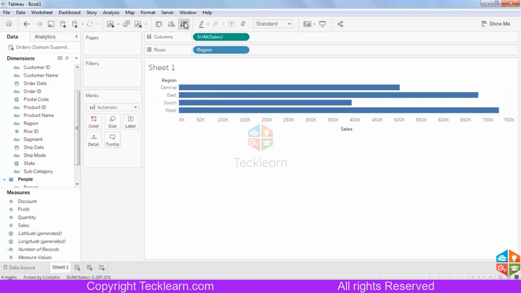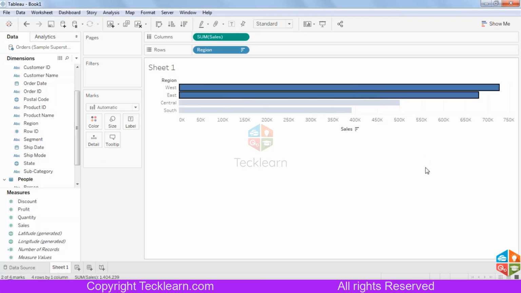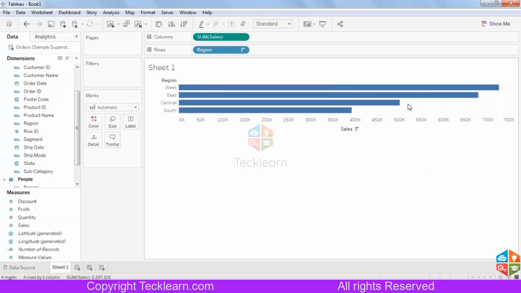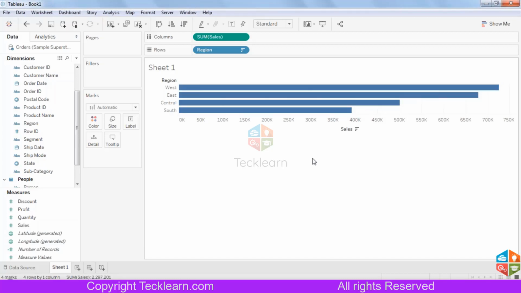Let's add sorting over here. Now I can easily understand that 50% of my revenue is generated from these two regions, East and West. And I need to add some discount for the Central and the South regions. So this analysis is very easy over here. We can easily understand the status of my regions or any other dimension or measure we have inside a canvas. Like that, you can create complex analytics and easily understand it through good visualization. That is what Tableau is meant for.